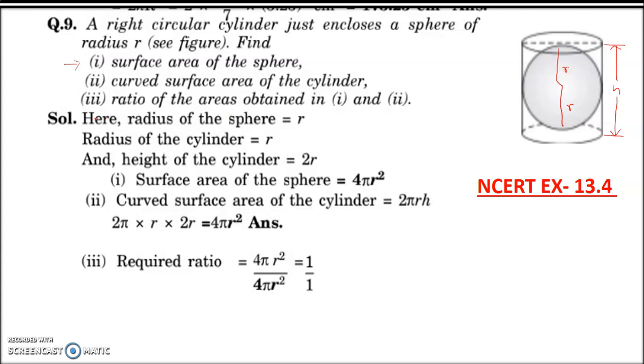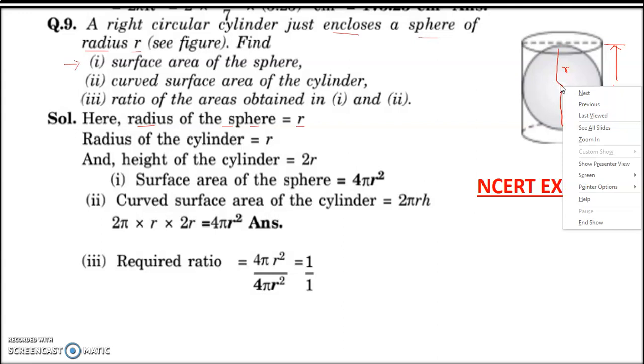Now see the question. Here the radius of the sphere is r. It is given to us. It encloses a sphere of radius r. So you can see in the figure, students, this is the center. Okay, I have taken the center and it has to be this only center, students, and this is your radius r and r, or you can take this also as r for the cylinder. This will also be r.